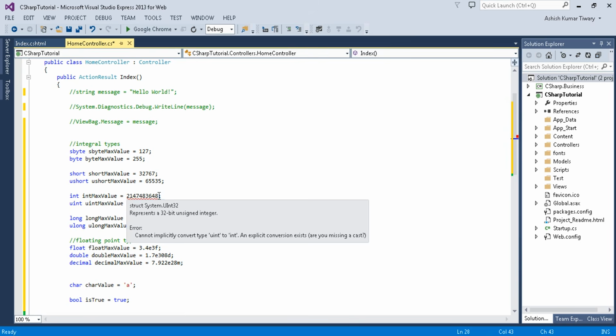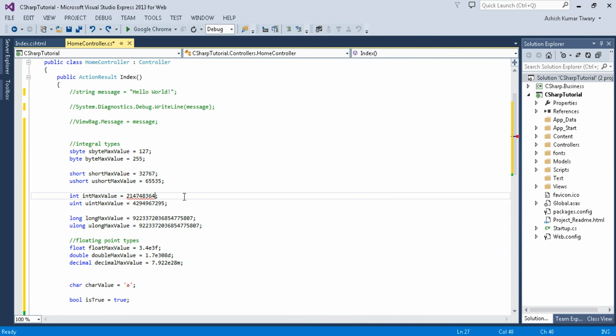That's why it's giving an error of cannot convert type uint into int. So a larger data type can store the lower data types' values. Like you can store an int value into an unsigned int, but again we cannot store a negative value. You should remember that.